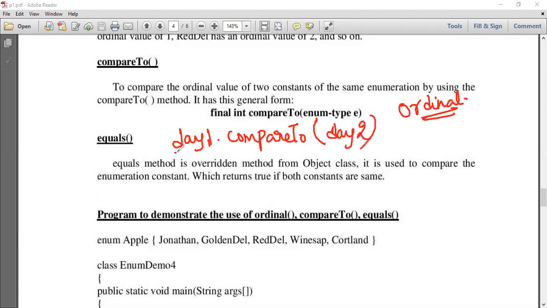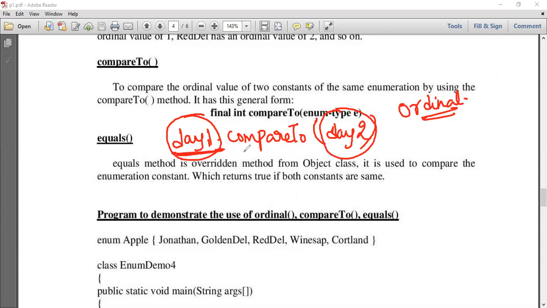Remember, this is not the enumerator name we are writing, it is the variable, because it is the variable that contains the different values, so ordinals can be different. So our compareTo method works on this particular enumeration type variable.